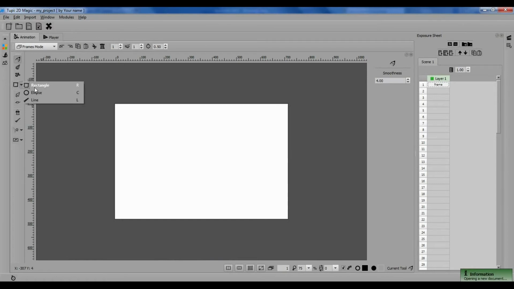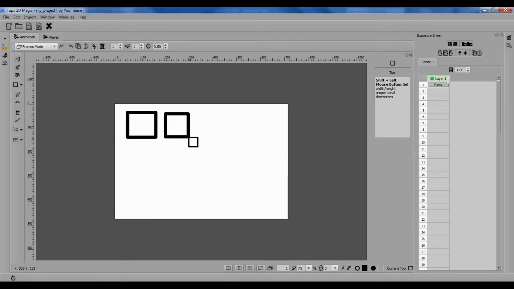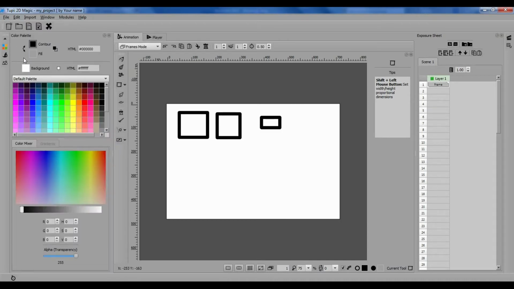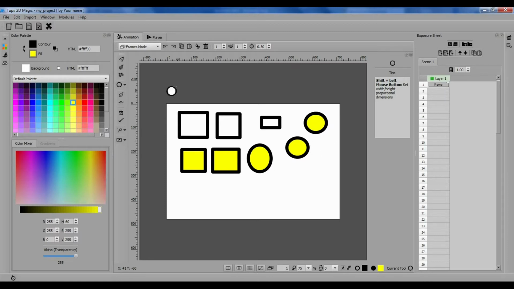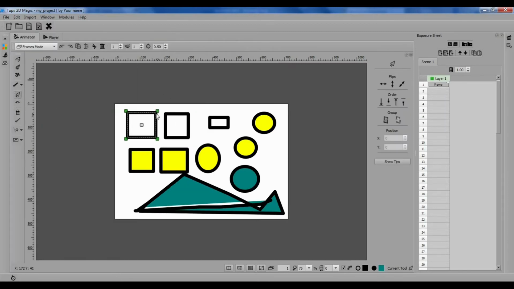Then we have the rectangle, ellipse and line tool. Click and drag on screen one by one. Go to color palette. Assign a fill color. Click and drag on screen. Next we have object selection. Select any drawn shape. You can change the options as required here. Flips, order, group,